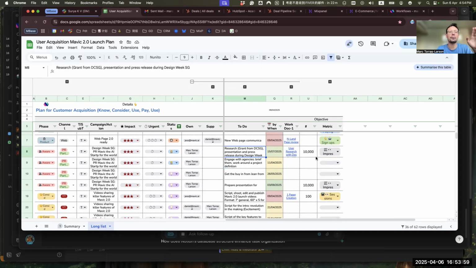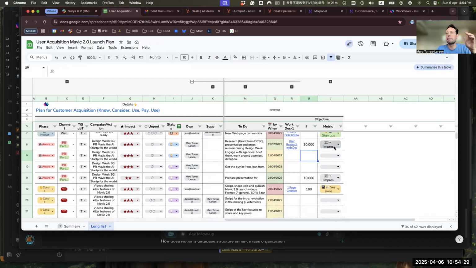What is the key document here? Another thing that you'll see eventually becomes important in marketing, when we have pure marketing activities, for example, the end result we want out of this activity. Say the design week: having a research project and then presenting at Design Week Singapore in September is to get 10,000 impressions. Actually, I think that would be low, 30,000 impressions. 30,000 people that are going to see us in the press because of this. That's the key metric. That's what we're driving.